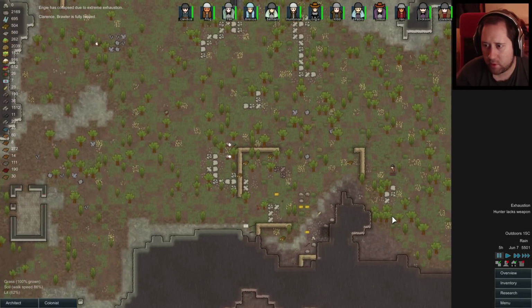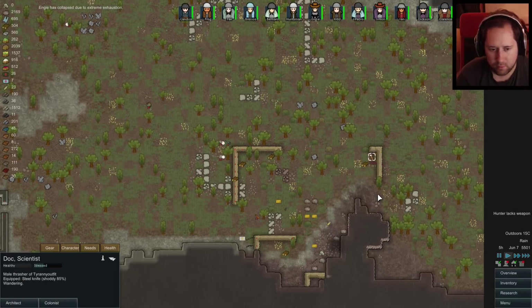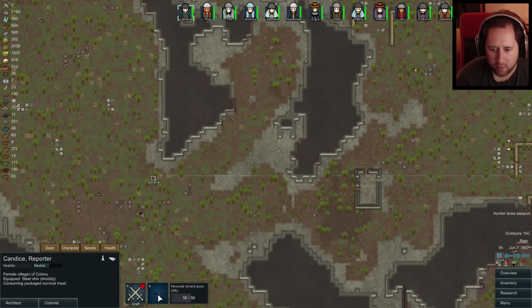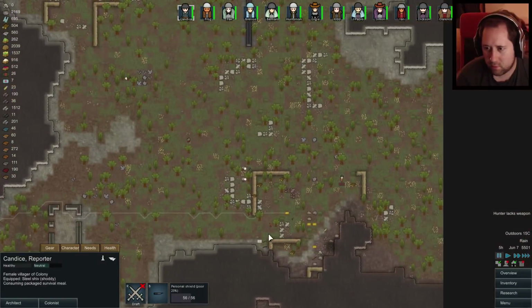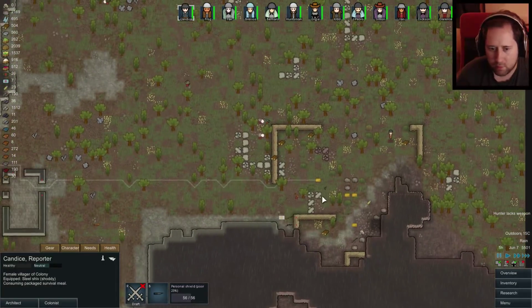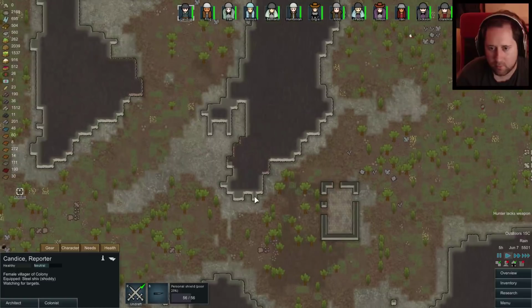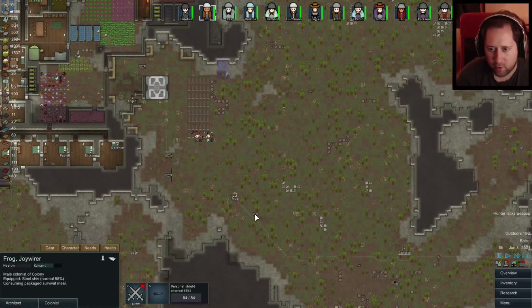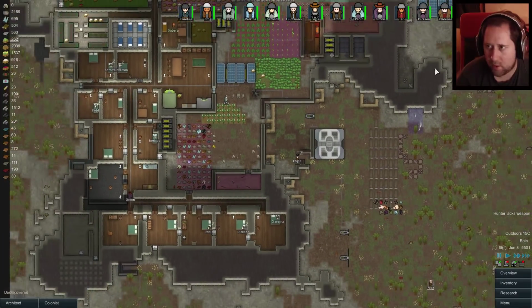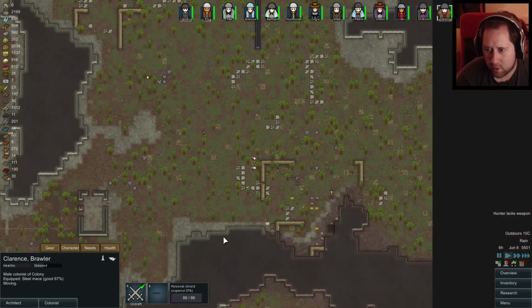Hello. What's this guy up to? We could capture this guy. Candice, what have you got on you? Personal shield. This guy seems to have not run away. Oh shit. We need somebody else out here. Frog, you're no good either, bloody hell. We need Clarence wherever he is. Let's see if he can get here before...